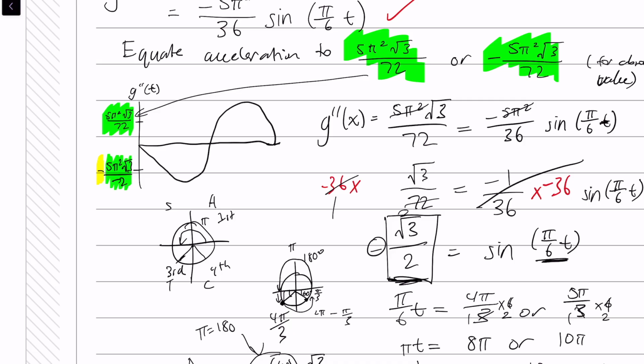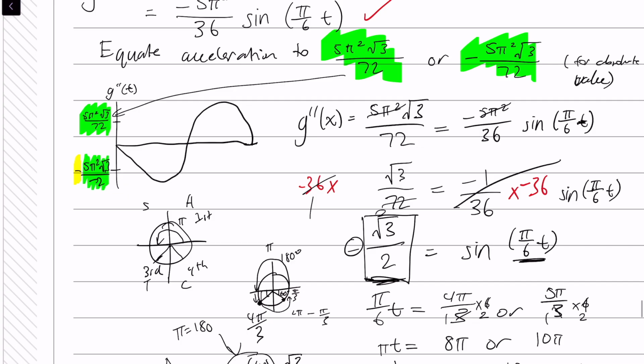Because I used my positive 5 pi squared times square root of 3 all over 72, I'm calculating something in the second half of the calendar year. So that 8 to 10 months seems reasonable. So this is 8, this is 10 months. Obviously, it's not to scale, but it's just saying that we have calculated those intercepts with this line here